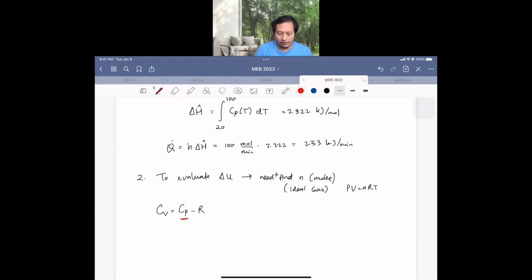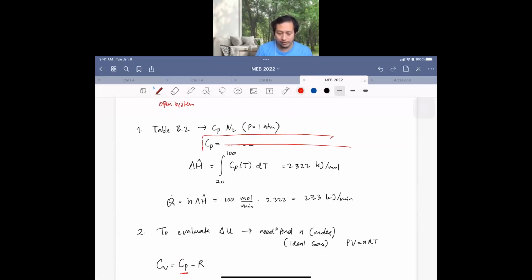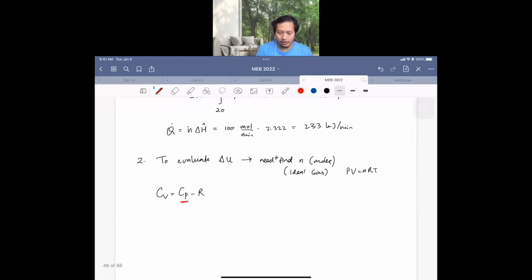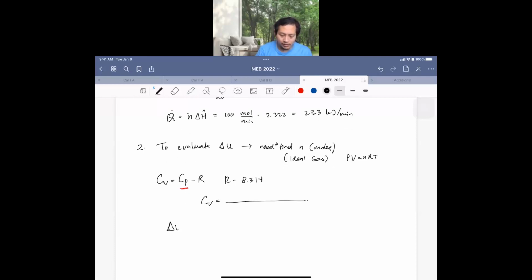CP is given similar to what we have here, and we just need to subtract R, the gas constant, which is 8.314. We get CP as some equation here, and we get that delta U is the integral from 90 to 30 of CV dT, and